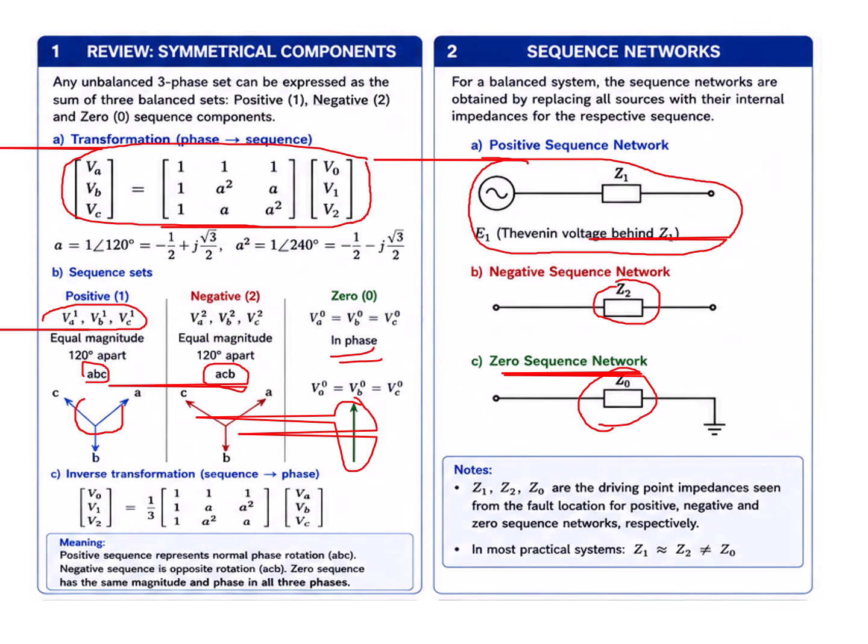The Z0 is connected to ground. This is the magnitude of impedance that connects the system to the ground. So Z1, Z2, and Z0 are driving point impedances seen from the fault location for the positive, negative, and zero sequence networks respectively. In most practical systems, Z1 and Z2 will be the same, but Z0 is a very small impedance. Positive sequence and negative sequence are the same for most